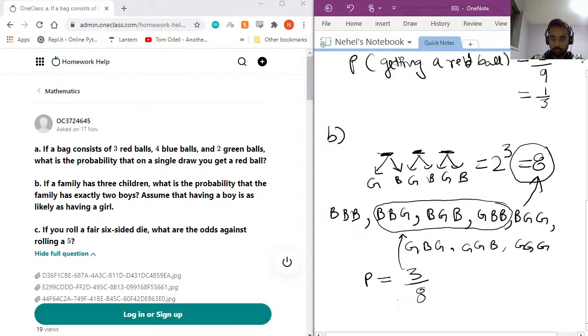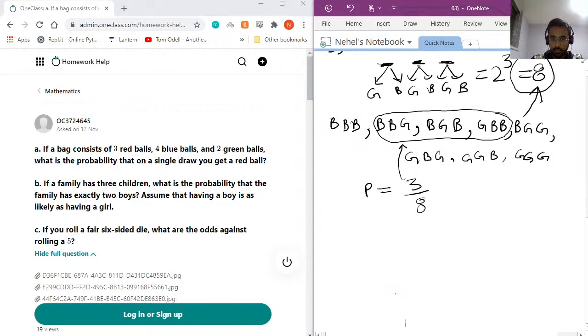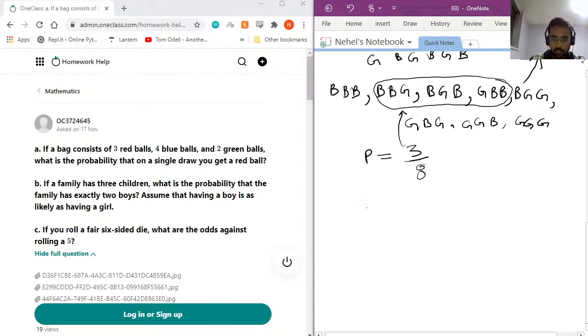Alright, I hope that was clear. So next question, we will roll a fair six-sided die and we'll calculate the odds against rolling a 5. One important thing to note here is that the question is asking for odds and not, let's say, the probability of getting a 5 or not getting a 5. So with that in mind,